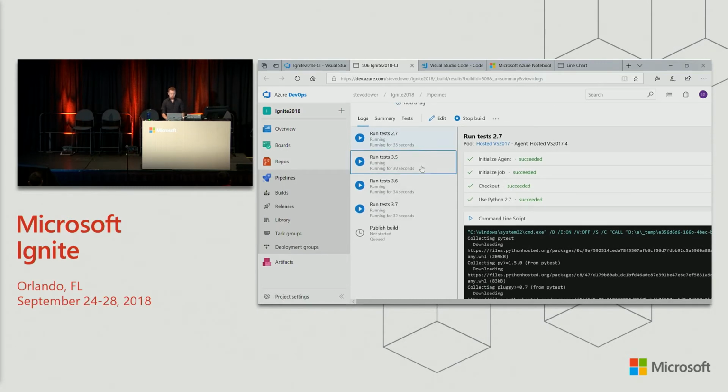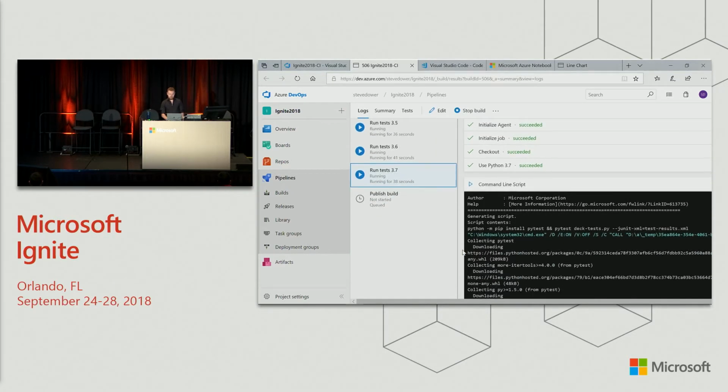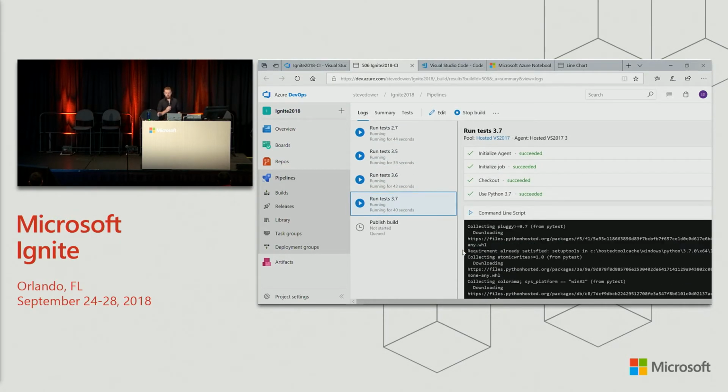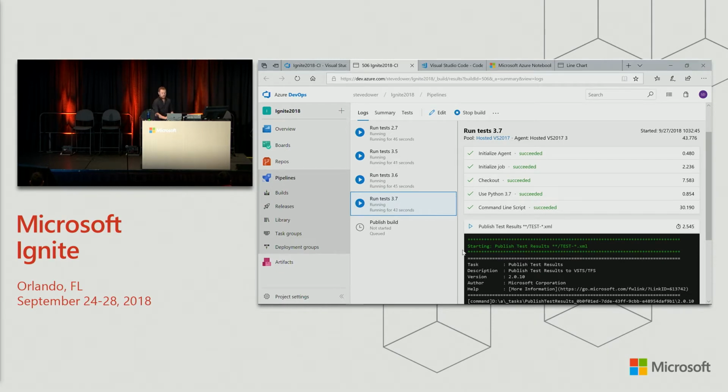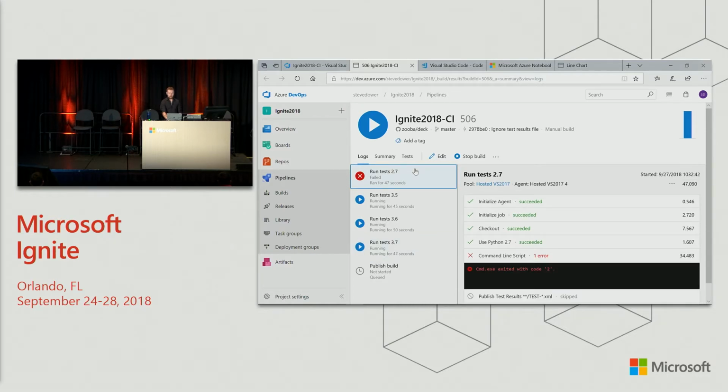So you can see I have 4 jobs going in parallel here. These are the 4 separate tests, and they've got the different marking on them to show which is which. They're all going to run their steps, run their tests, upload their results, and you'll see the final result come out here. 2.7 tests failed,